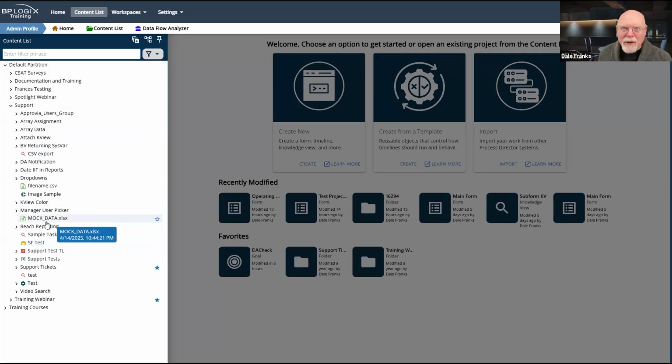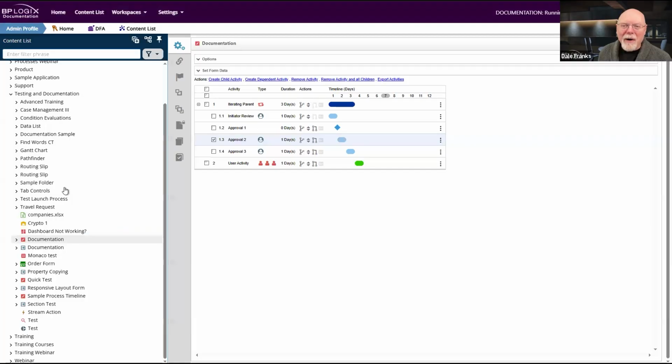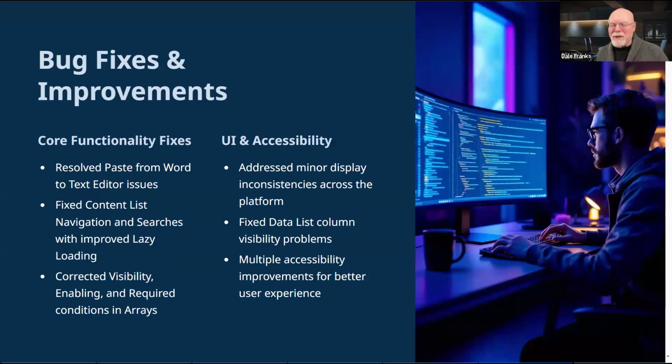You'd think straight off the top of your head that putting things in alphabetical order would be fine, and it's not. It's terrible. So our content list is going to look like this, and this is going to make everybody, I think, much, much happier with that fix.